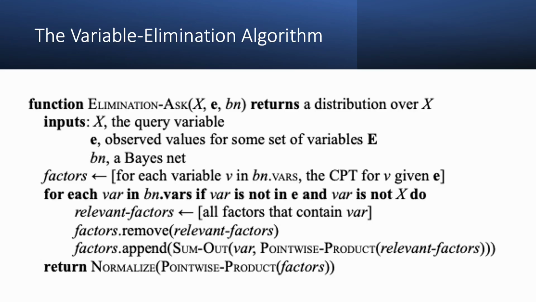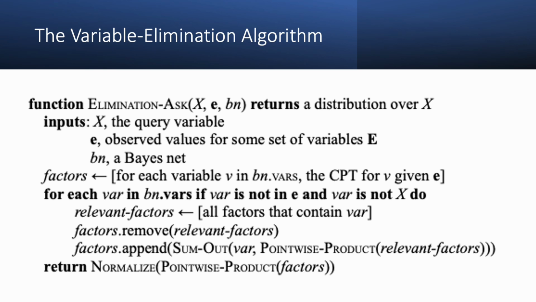The variable elimination algorithm's goal is to compute probabilities and then compute the other terms that depend on them, and repeatedly simplify the expression until we have something that is in terms of only the variable we are looking for. This algorithm uses factors, which are conditional probability tables, except that the entries are not necessarily probabilities. They are essentially tables with one row for each possible combination of assignments of values to the variables.